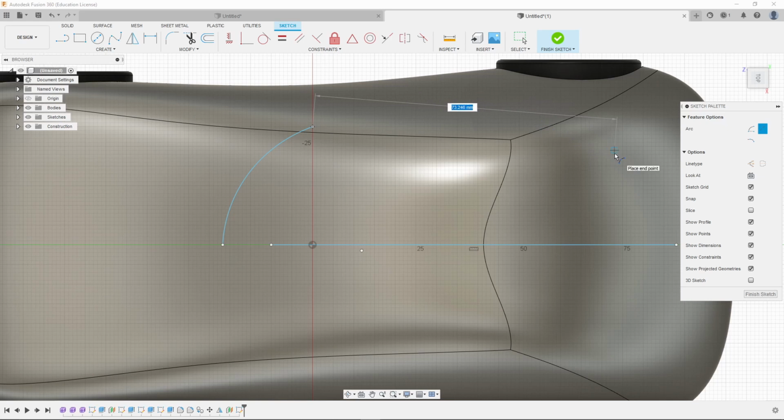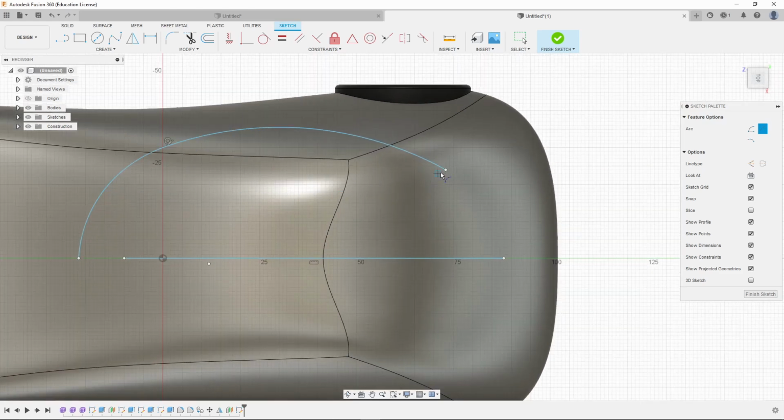1, 2. And what I'm looking for is where this point is here to try and get a sort of smooth transition. I don't want to do something like that and have a corner there. I want to try and make it as smooth as I can. And finally, I'm going to do a third one. 1, 2, and